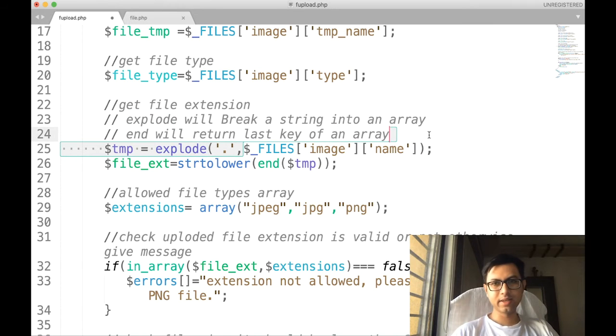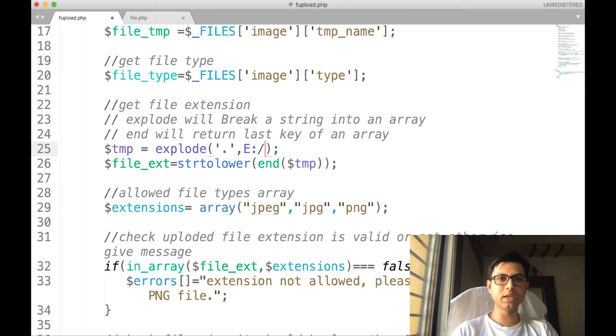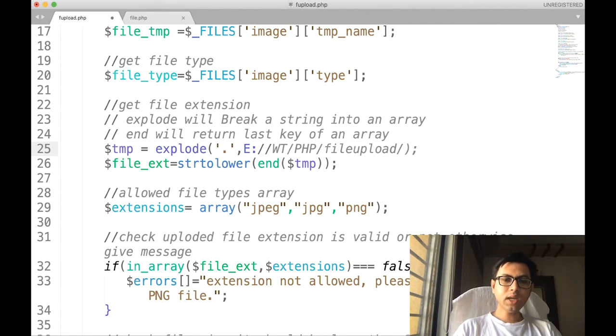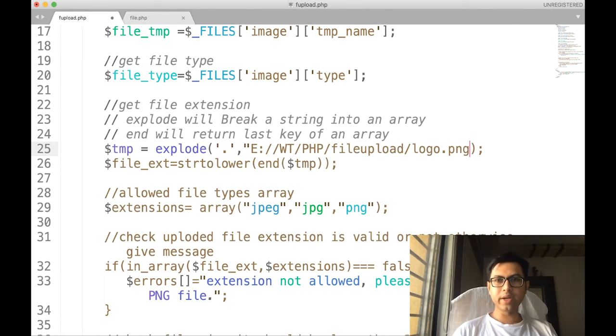That means, let us say your path is like this: E drive, for example E, then WT, then PHP, then file upload, slash, and let us say my image file name is logo.png. Then this whole string is going to be broken using the explode function, using this delimiter.